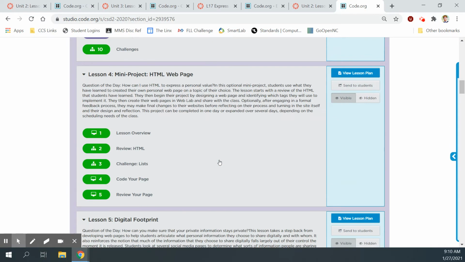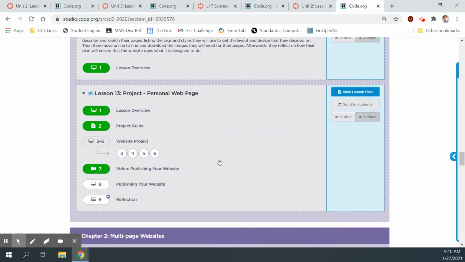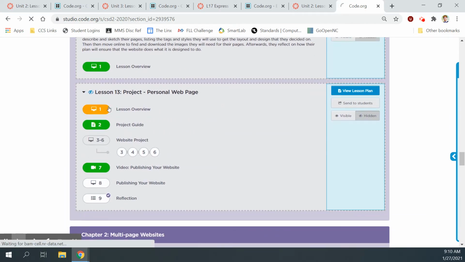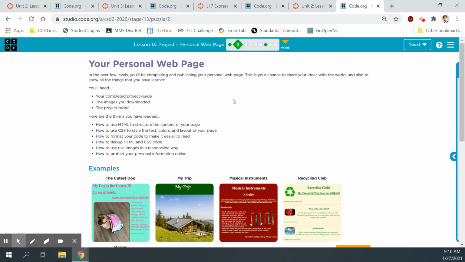And then you'll scroll down past all of the assignments that you've already completed to find lesson 13 and start with bubble 1. And then continue to bubble 2. Now, once you get here,